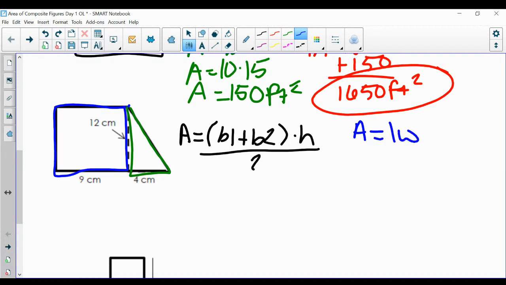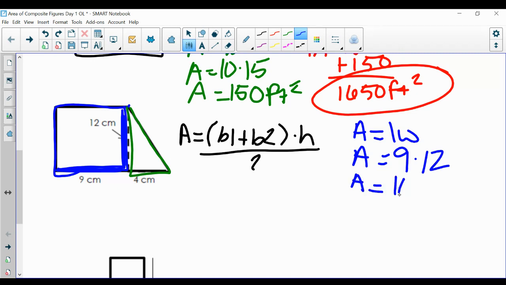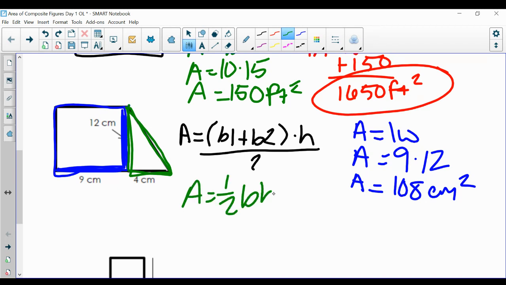So A equals length times width. I know my length is 9, and I know my width is 12. So A equals 9 for my length and 12 for my width gives me a final answer of 108 centimeters squared. Okay? Then moving on to your triangle, remember that your triangle formula is A equals 1/2 base times height,